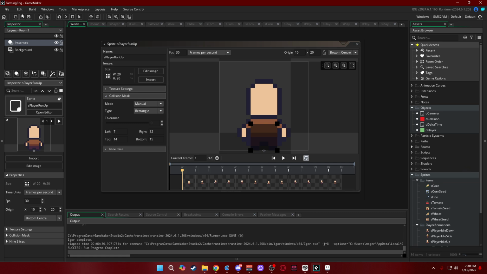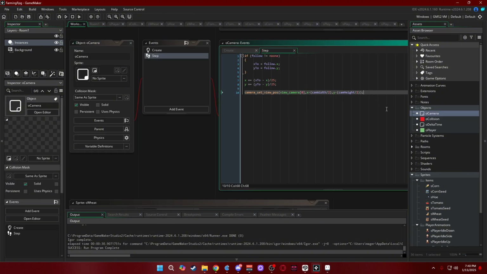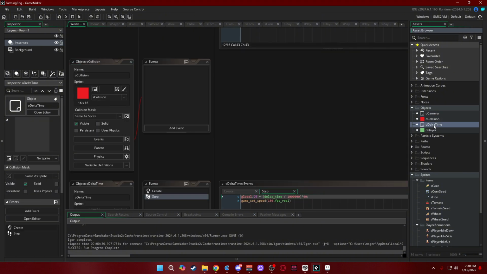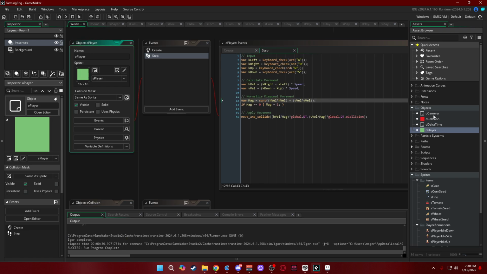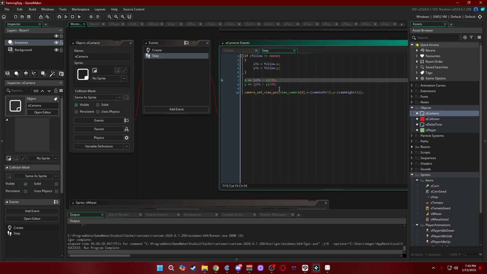So, I loaded up the Farming RPG project here, and from the previous episode, we did our camera, collision, delta time, and the player. Now, there is one mistake I made in the